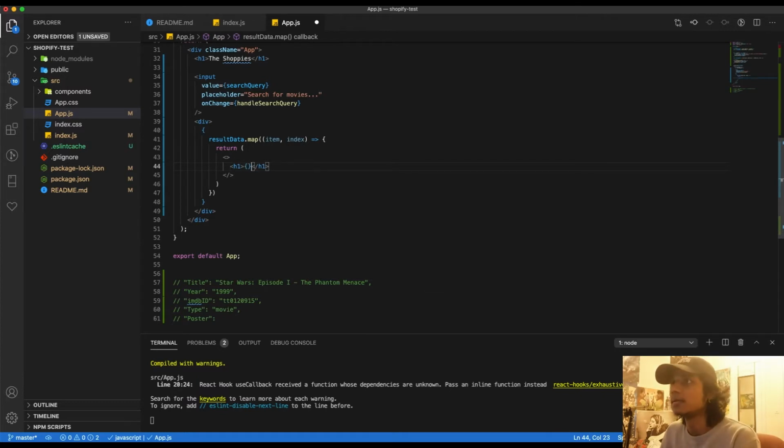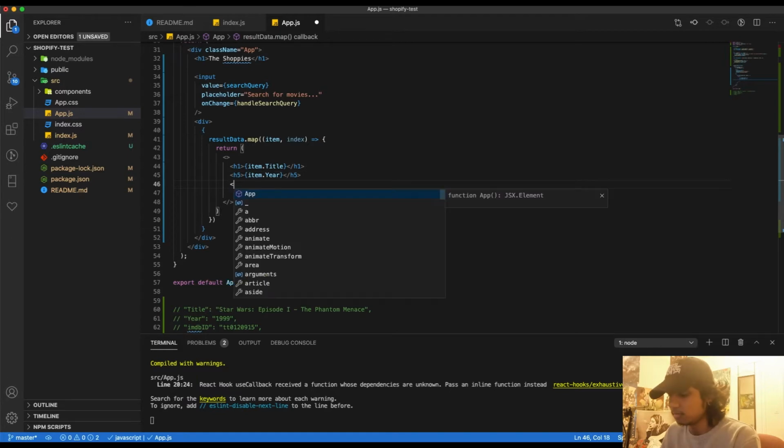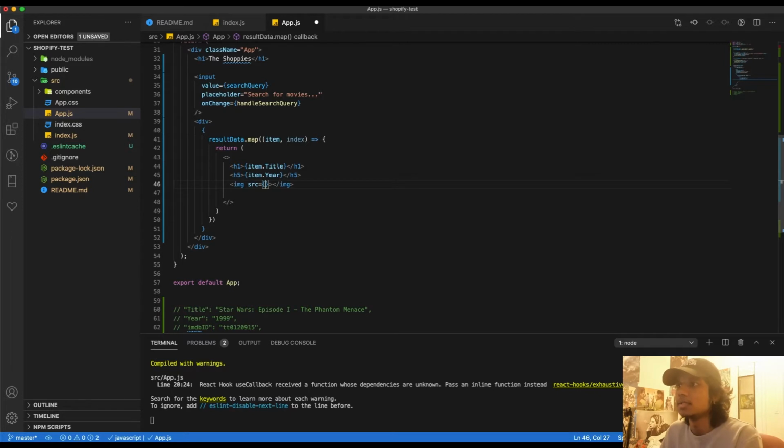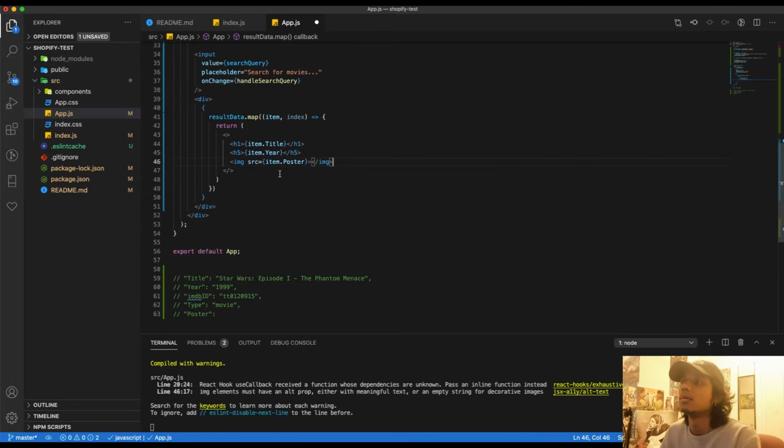Title is gonna be item dot title, and then we can put the date in mini letters here, which is gonna be year, and then let's put the image too, because I like images, it makes me feel cool. Poster, okay, yeah, poster, okay, sick. What we need now is